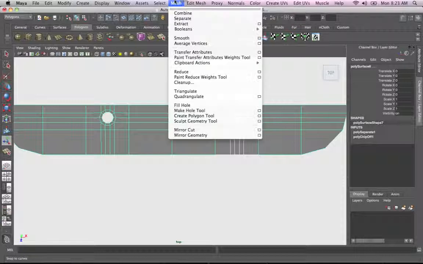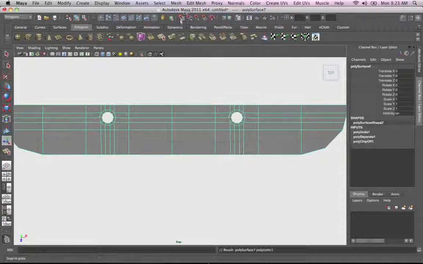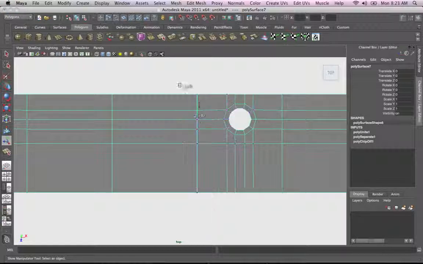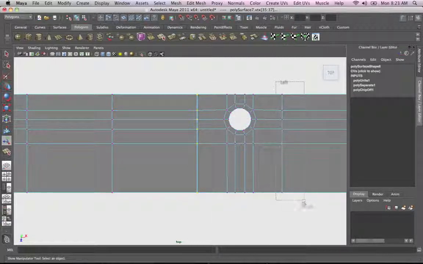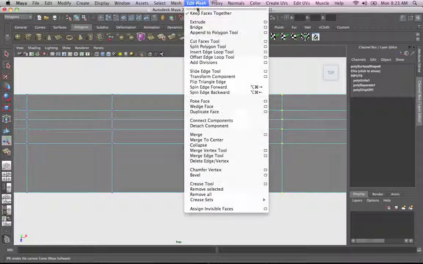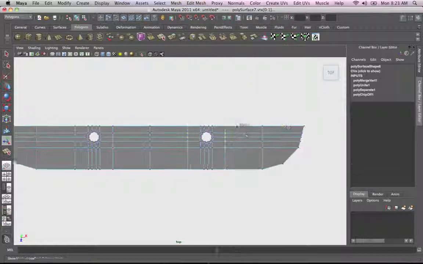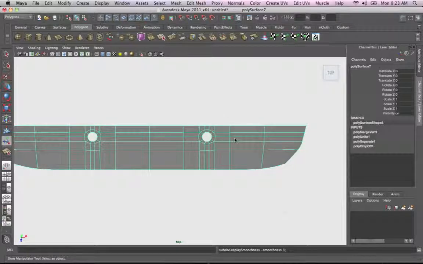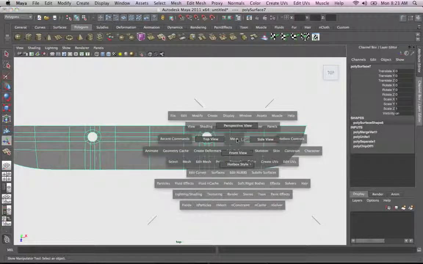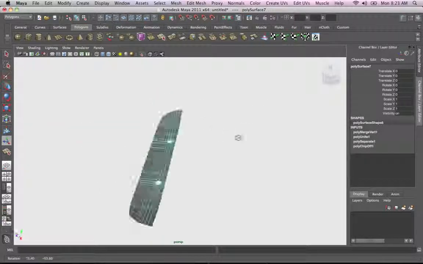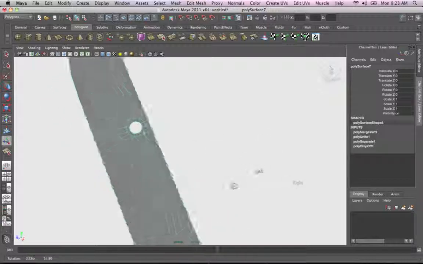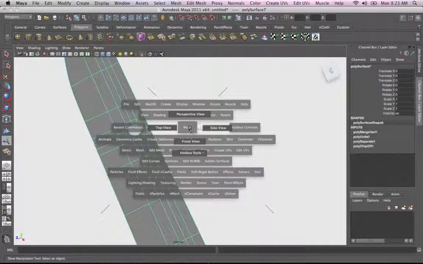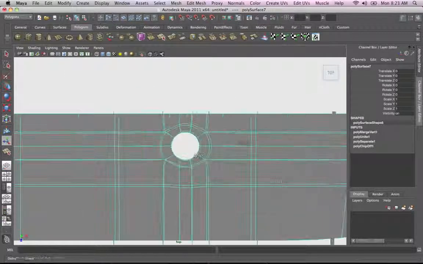and let's combine these objects together. So these are combined, but then again we need to merge these vertices. We need to merge these vertices and these over here. So edit mesh, merge. If I press 3, I get a very clean geometry. Let's say we want to